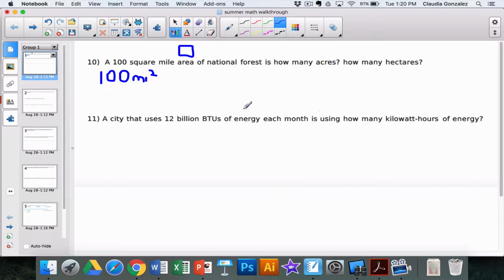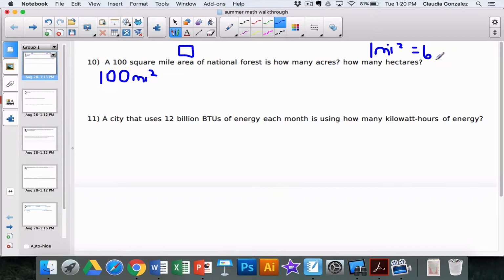Oops, I didn't put the cutout of the conversions up here. But if you look at the conversions at the very top of your review sheet, there is the very first one that says 1 mile square is equal to 640 acres,